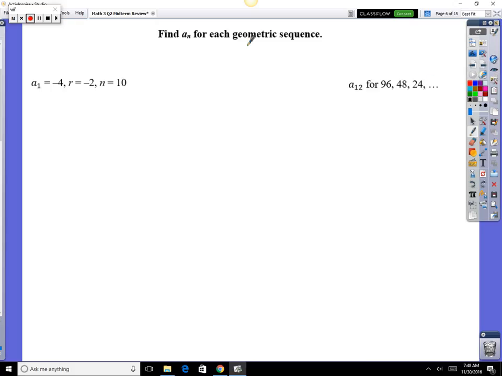Okay, now geometric sequence, that's totally different. That's growing by times. So if it's growing by times, it's going to have a totally different model. So the model for growing by addition is y equals mx plus b, but the model for growing by times